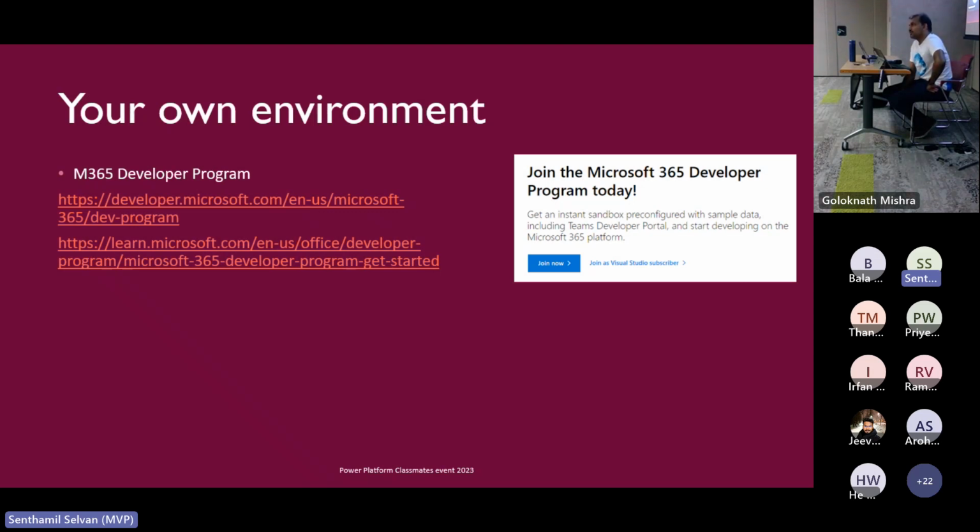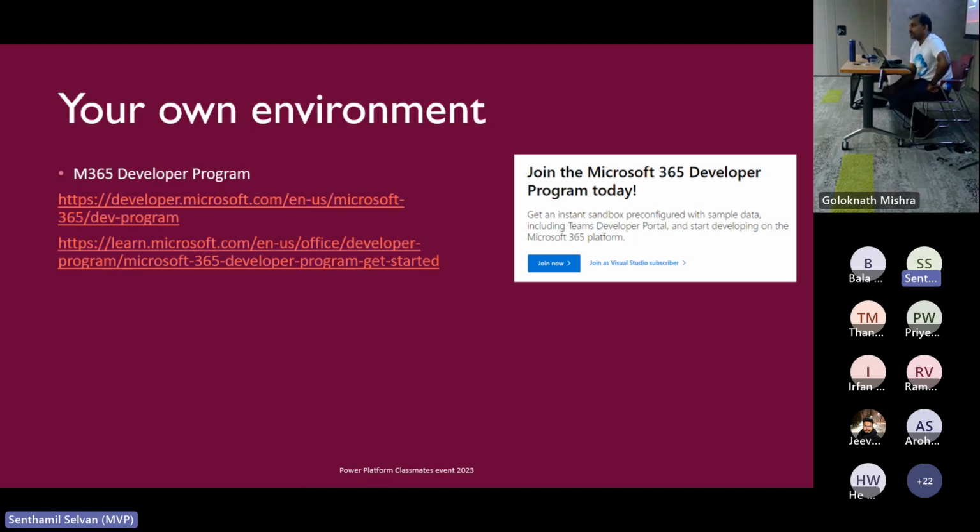The good thing about the M365 Developer Edition is that they give you a 90-day free trial edition. It's only for 90 days. Even if I'm signing up, it's for 90 days. You'll have to give your mobile number. There is no credit card. You don't need to enter a credit card. It's just a mobile number, but it has to be your authenticated number, because the OTP will be sent to your mobile number.